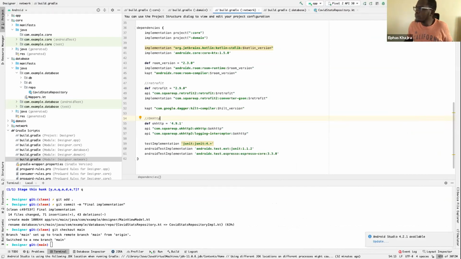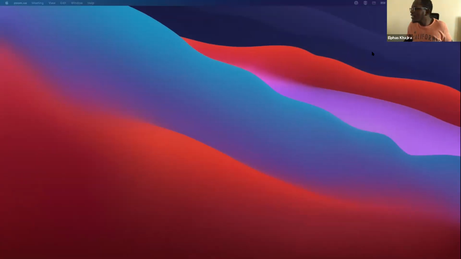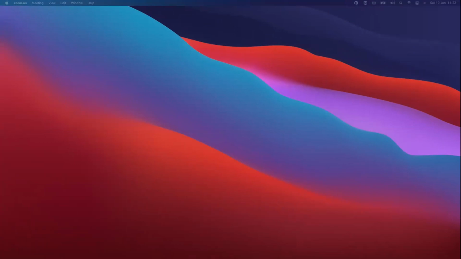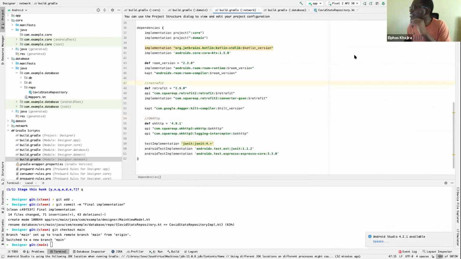Zoom. Trying to get a hold of the main window. How do I? Okay. Oh, it is at the top. It's actually not at the top. It's on the side. Okay, yeah, it's now in the chat. So you guys can still see my Android Studio, right?